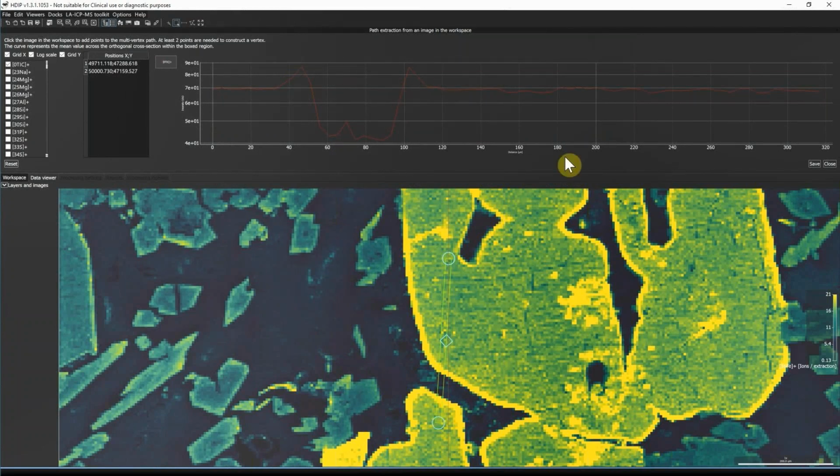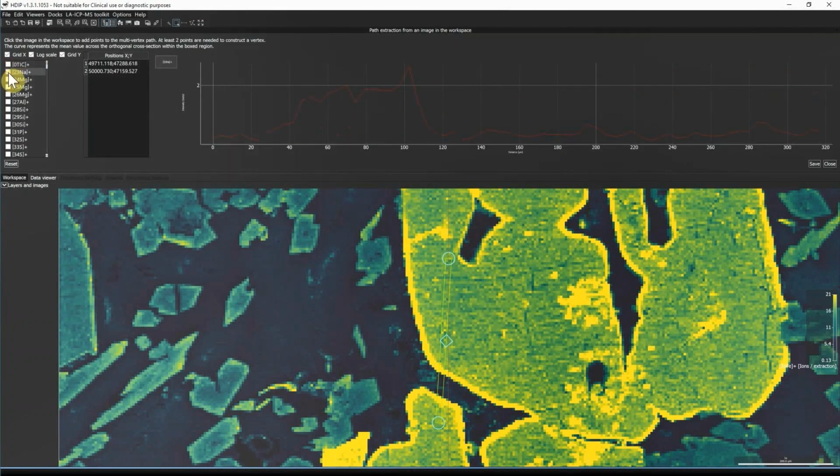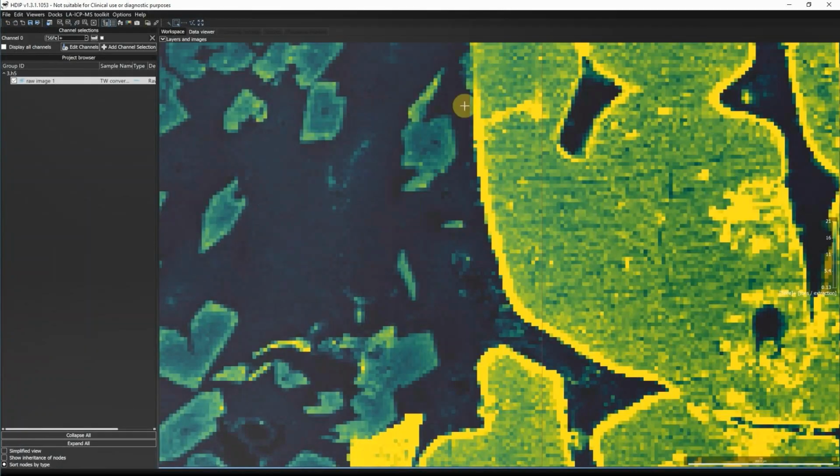So you see 2 large peaks at the grain boundaries, and then not a lot of signal for the ground mass. And you can also overlay multiple channels basically. So right now we're looking at iron, which is red, and then magnesium, kind of green, and I think aluminum, kind of brownish in color. And when you're happy with the selection of channels, you can save the data. You can either save it as an image, like a PNG, or as a CSV file. And you can work with it afterwards in Excel or your choice of